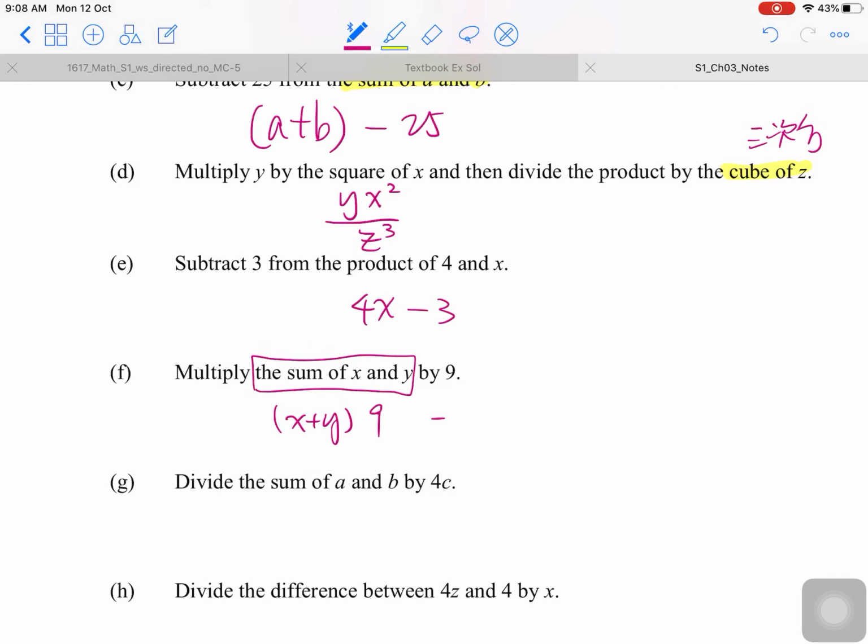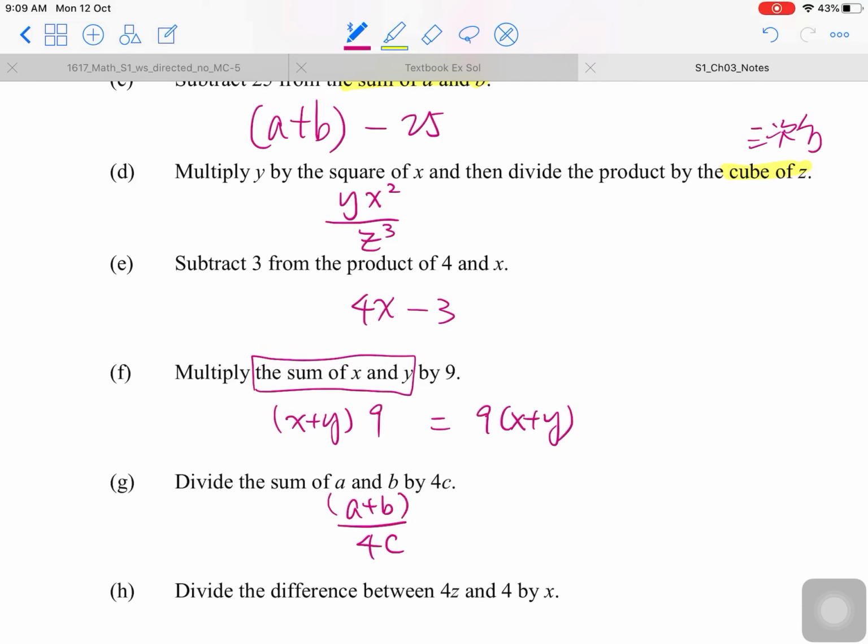Okay, part F, multiply the sum of x and y, the sum, by 9, so times 9. If we write it formally, we should write the number first, and then followed by the letter. So it should be 9 and then the bracket of x plus y. 咁一定要加括號嘅，因為佢要強調咗要計咗個 sum of x and y 先嘅，所以我哋一定要加括號啦。如果唔係咧，你就變咗計咗 y 乘9先，咁就錯啦。